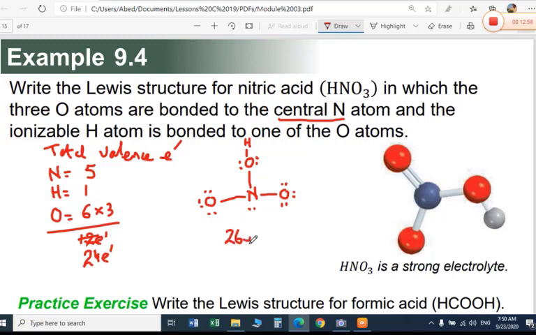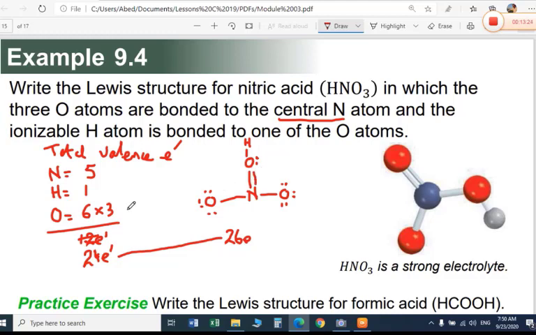So we have to remove 2 electrons. So how to remove 2 electrons? We choose this place. So we have to remove these 2 electrons from here and 2 electrons from the oxygen. So let me try this eraser and we remove this electron. Alhamdulillah, now it is going. Yeah, and then we make a double bond here.